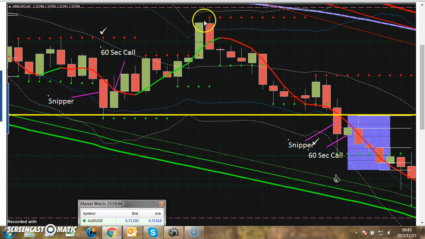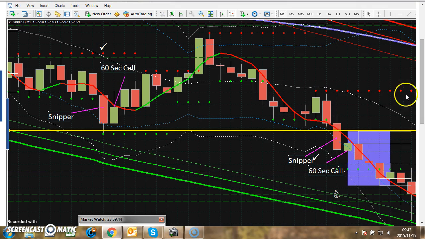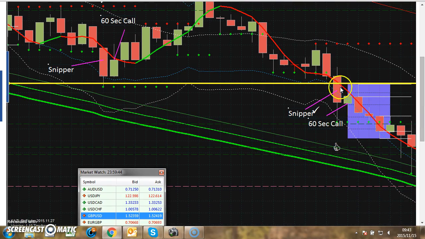Then the price went up all the way, coming down, and look here, this price breakthrough. Remember, it must touch or breakthrough. Only the second bar, the first bar. So it's only this bar. So I compare the size of a body to the wick. Is the body 65 to 80%? The answer is yes. 60-second call there.